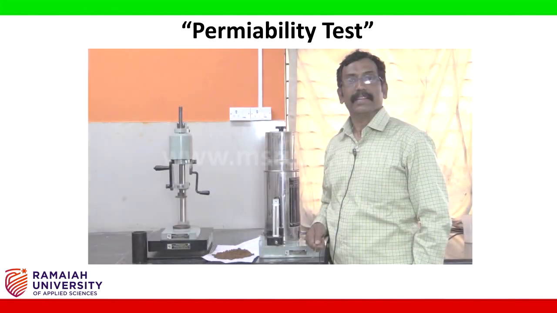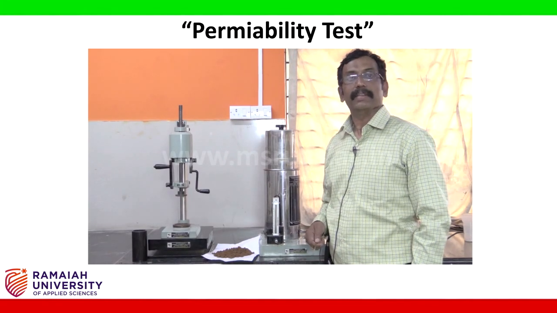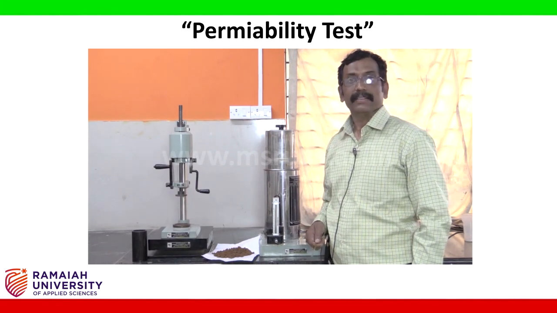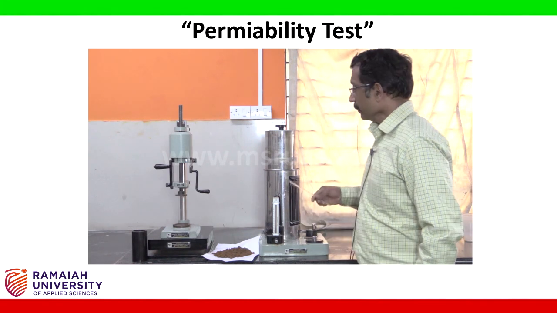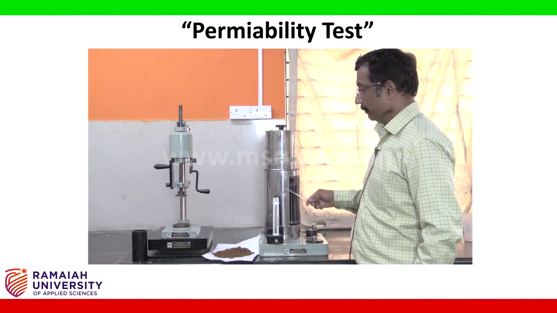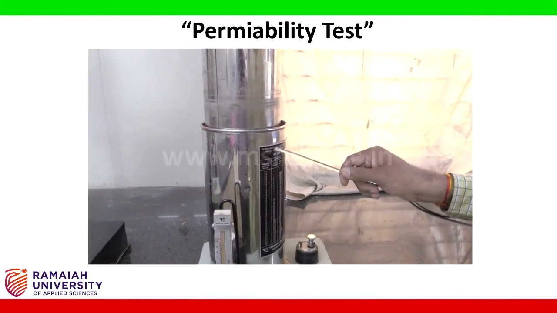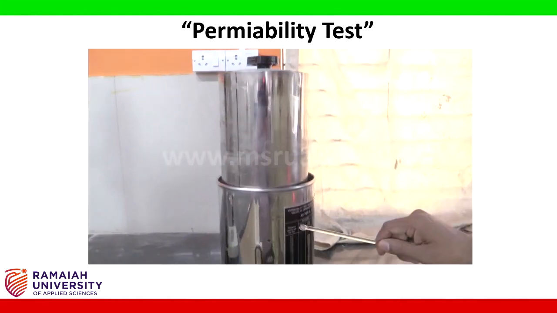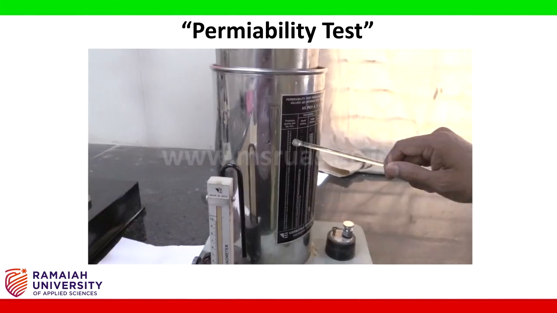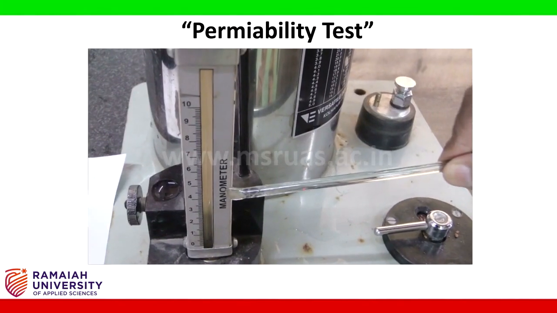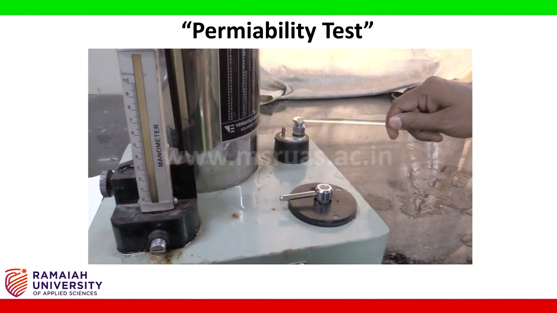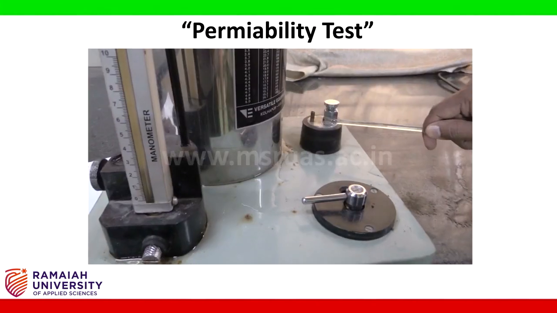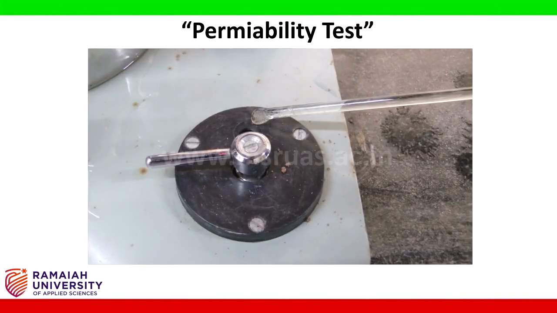Hi students, let us determine the permeability number of the green sand. The apparatus required are sand permeability tester. This is the sand permeability tester, measuring drum, measuring chart, manometer, large orifice, drum position